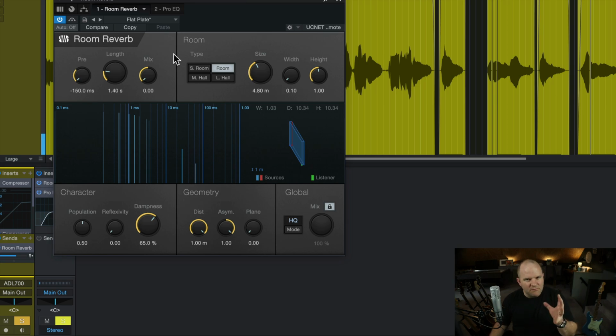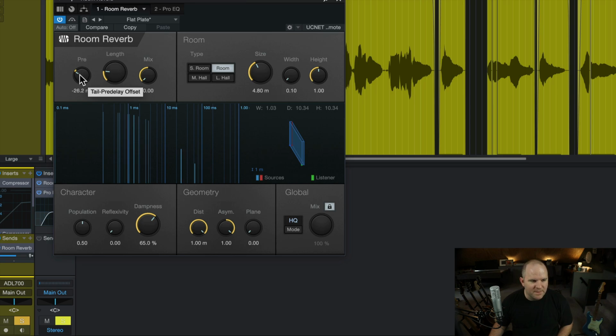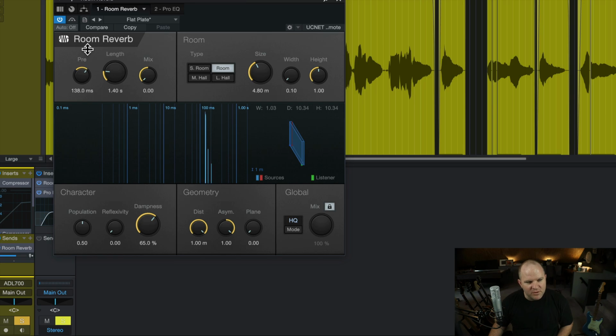So it's not much happening there sound-wise, but then we can mess with this pre-delay setting. Or it's not pre-delay, it's actually like the tail pre-delay offset. So it's basically saying how long before we start hearing the tail of the reverb. And you can see as I move this number up in milliseconds, those early reflections get pushed further back in time. So here's where you can use a reverb in a pinch to make yourself a pretty cool sounding slapback